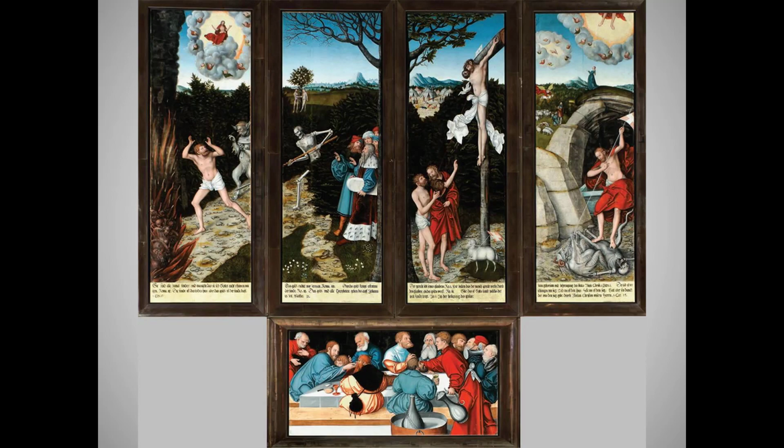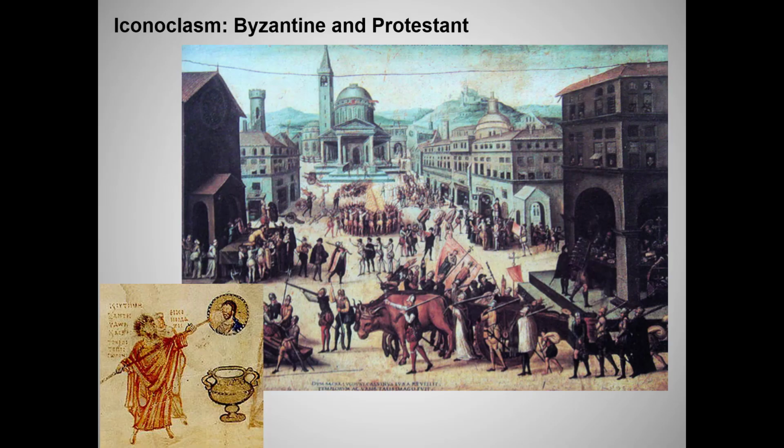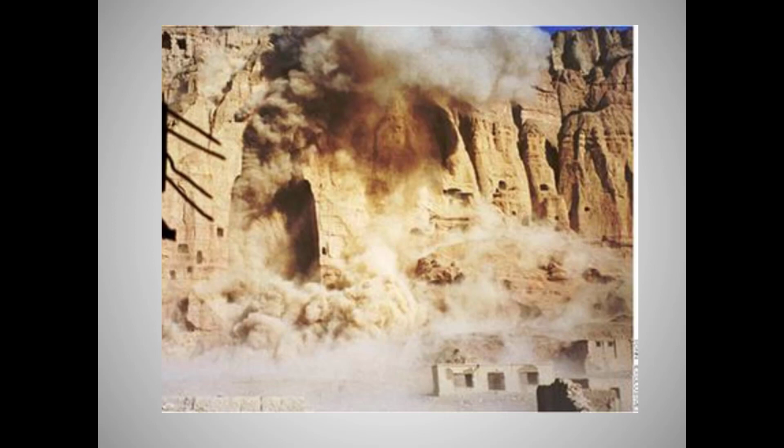You should be aware that not all Protestants shared Dürer's or Cranach's willingness to employ art in defense of Protestant theology. Radical Protestants found all images idolatrous and often destroyed great works in a fit of religious zeal. This painting depicts radical Protestants looting Zurich churches in 1562. You may remember the image on the left of Byzantine iconoclasm. You need to know that term, iconoclasm. And, as you see from this picture of the Bamiyan Buddhas being exploded by the Taliban, it has not disappeared.